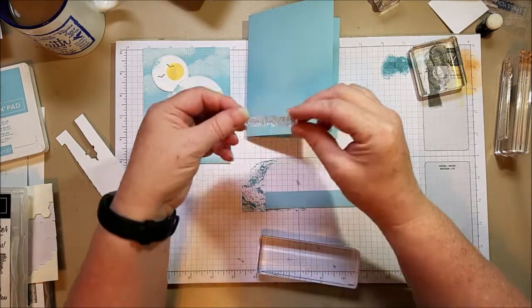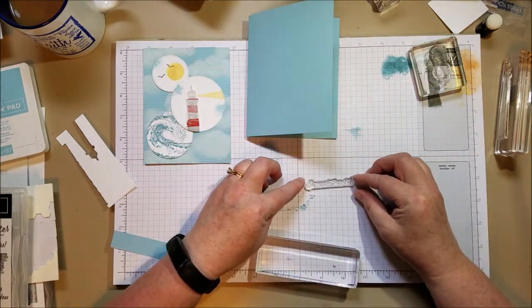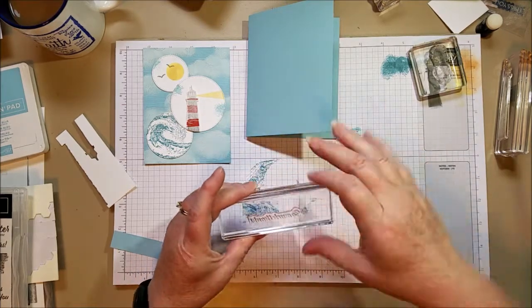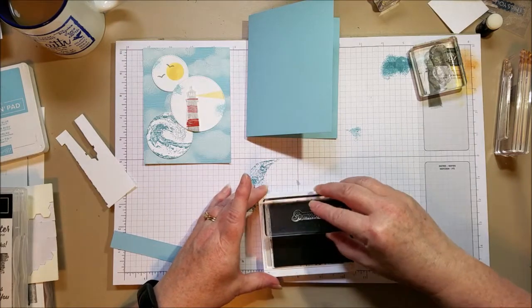Now sometimes when you have a long one, I'm worried I'm going to accidentally twist it. So I like to just lay it down on my grid paper and then pick it up that way. And then I know it's not accidentally bent. And then with my Smoky Slate,